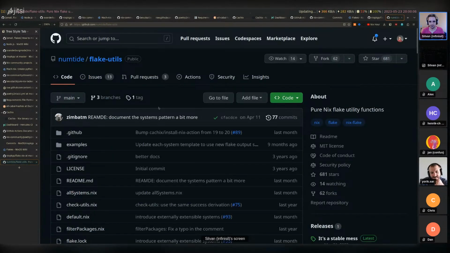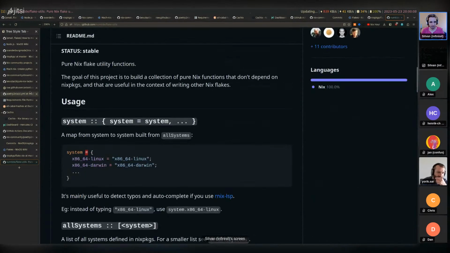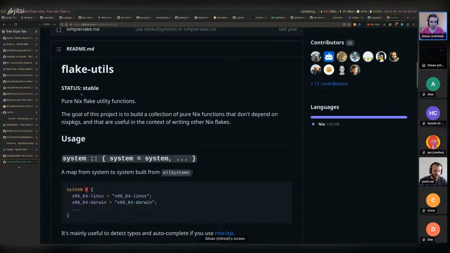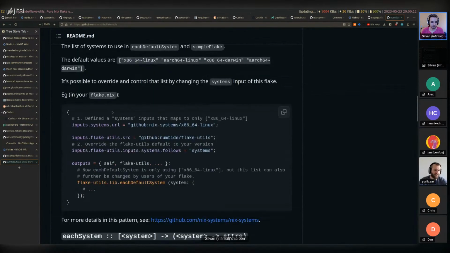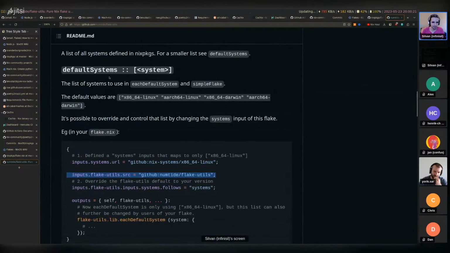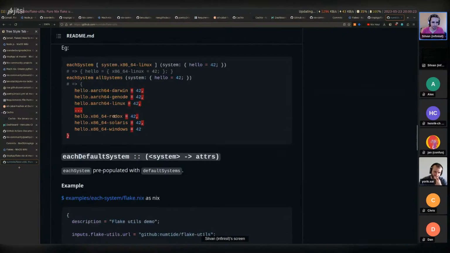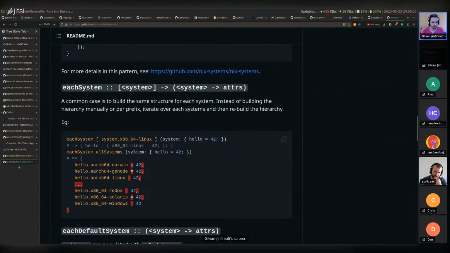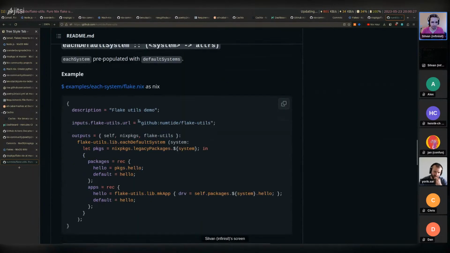So to kind of fix this in a convenient way, most people use flake-utils, which is third-party. Oh, this is actually eachDefaultSystem. Do it like this. eachDefaultSystem. Yeah, this is, I believe, the pattern most people use.